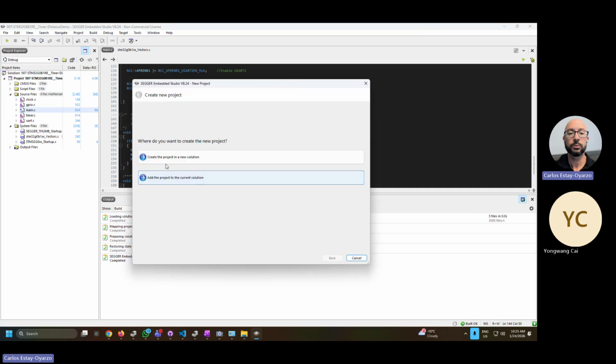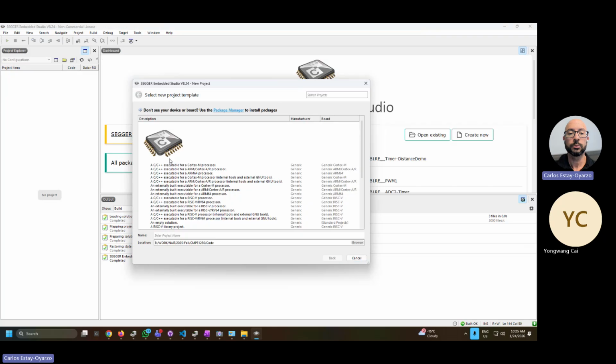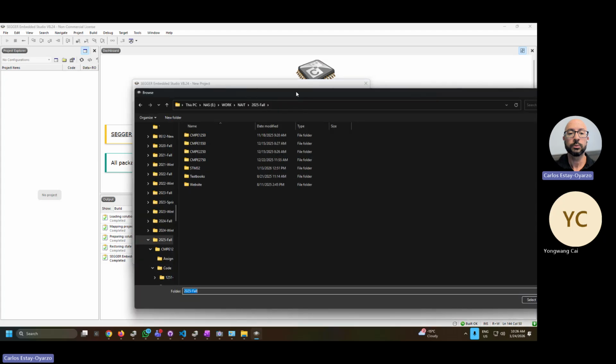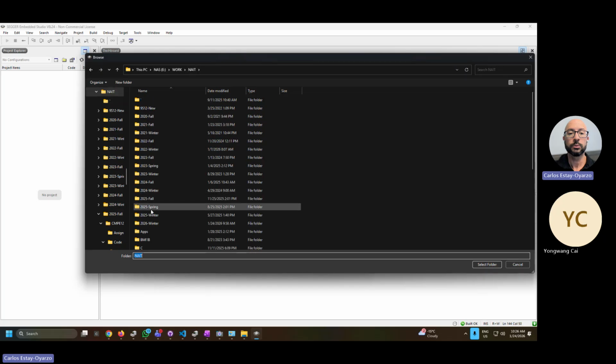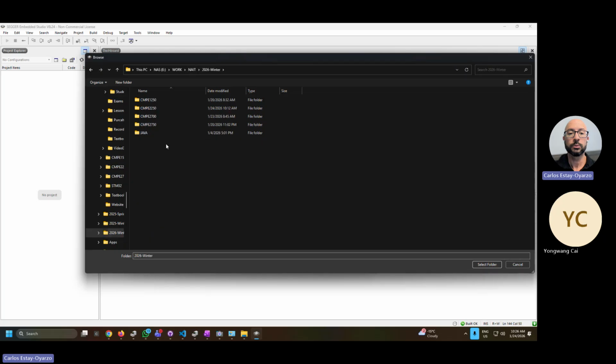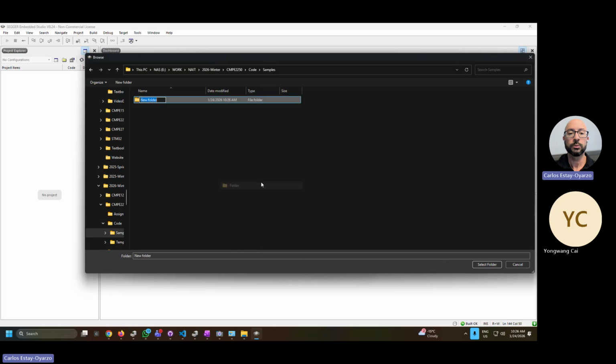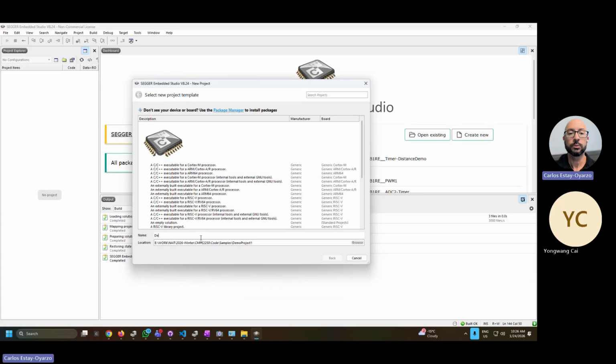It brings this window, and we always want to create a new project in a new solution. Okay. Now the defaults here are not the best, so we have to give it a path because it doesn't really save the last path that we used. So I'm just going to put a folder here called samples. And also, when we create a new project, it does not create a folder for us, so we have to create a folder. I'm going to say demo project 1. Okay. So I select that folder, and I also have to give it a name,